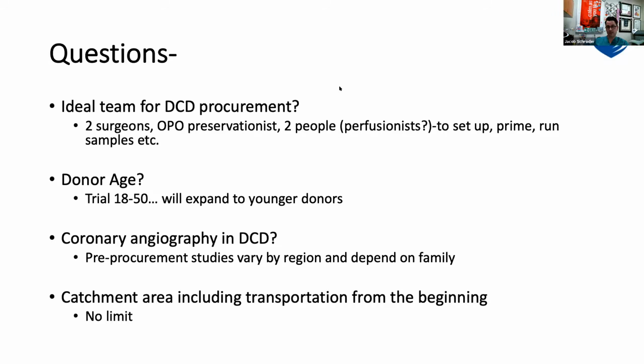Coronary angiography in DCD. These are donors that we would love to do other studies for. Traditionally, obviously, we're not allowed to do things that will cause risk to the donors. But what I will say is that we have actually gotten caths on a couple of DCD donors. I think we always have to remember that it's the donor and their family's wish to donate. And if we ask the family, every time we've ever asked for something, they have been willing to do it and take on that risk, which is just more a part of the gift that they're giving.